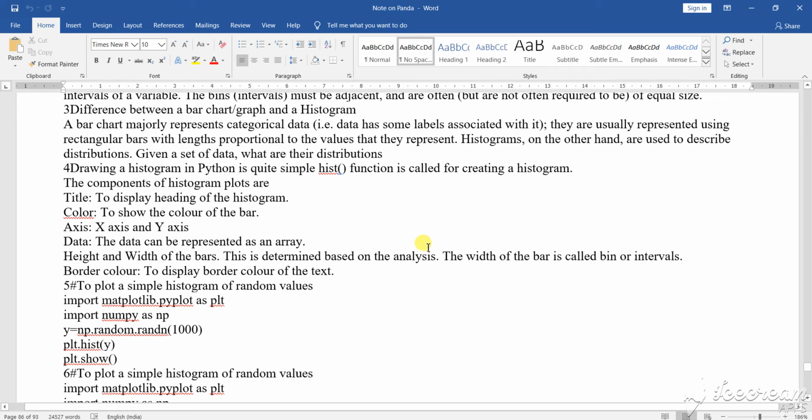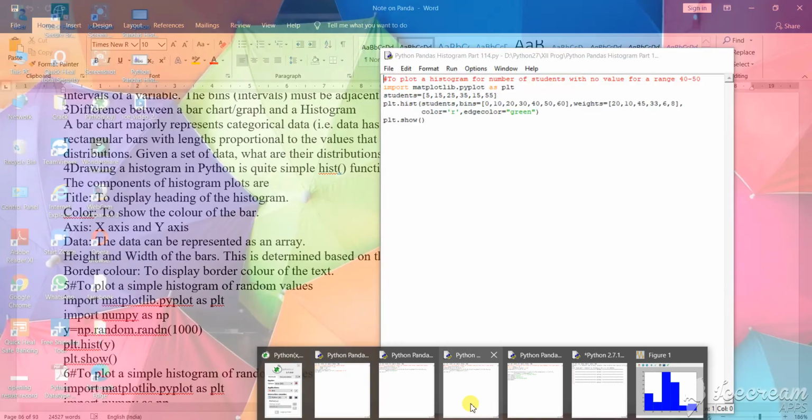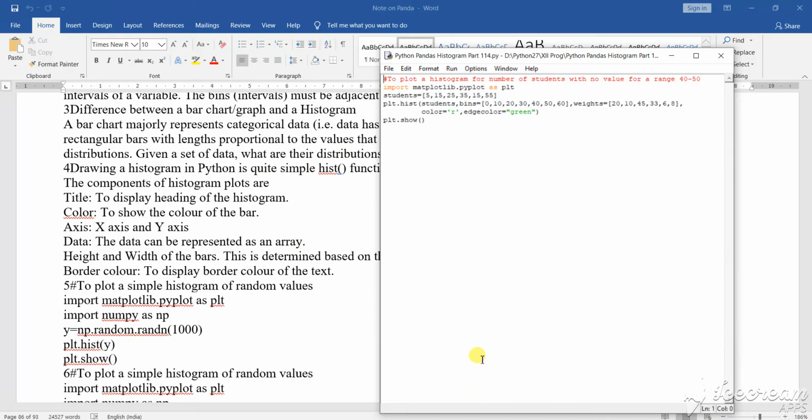Dear student, as I am discussing the histogram, now here is another program based on the histogram. This is a program where I have plotted the different variations of the student number. This variation I am changing now. Suppose I give here 65.